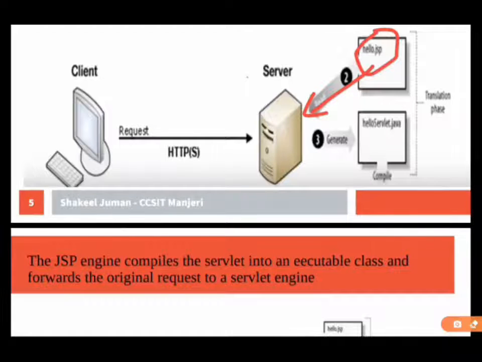It is recognized and loaded, then sent to the JSP engine, and it is converted into hello servlet.java. This is the servlet source code.